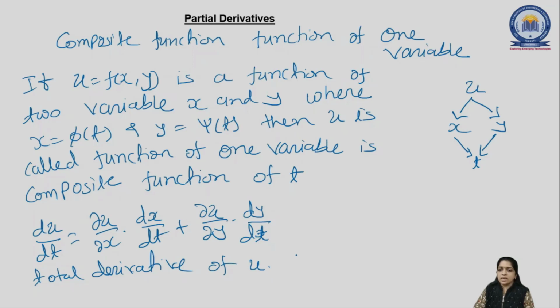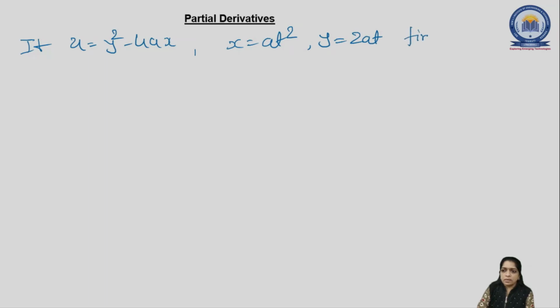So let's start the examples of the total derivative for the function of one variable and the chain rule. Here our first question is, if u is equal to y square minus 4ax, where x is equal to at square and y is equal to 2at, find du by dt. Okay, so the solution is,